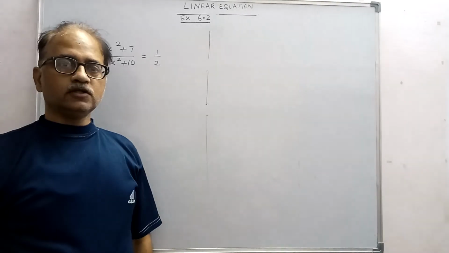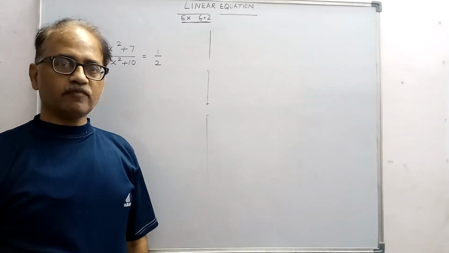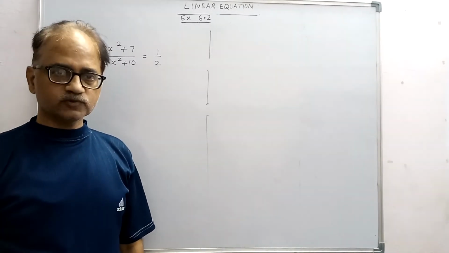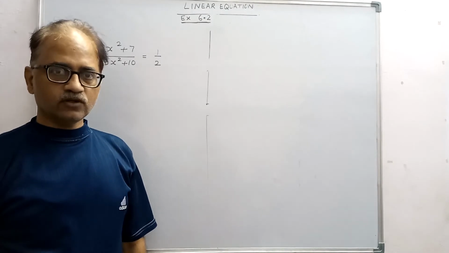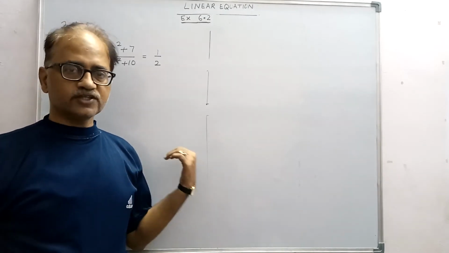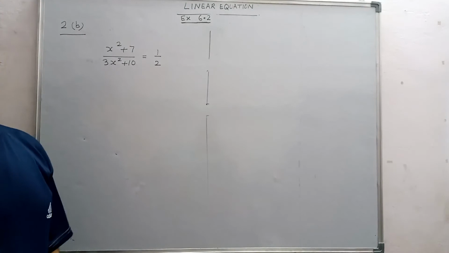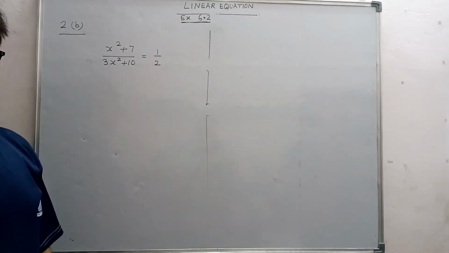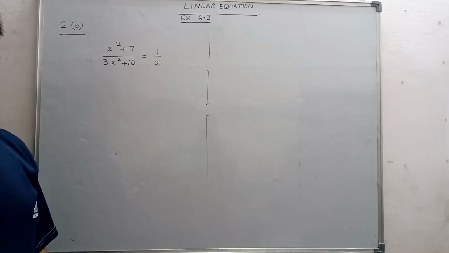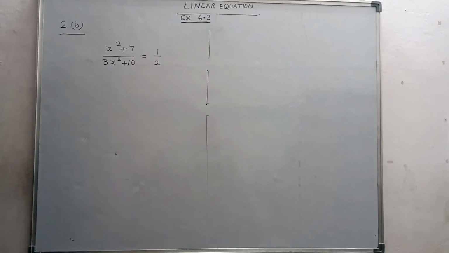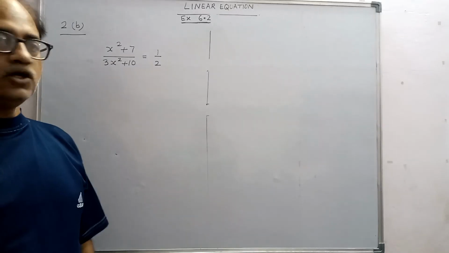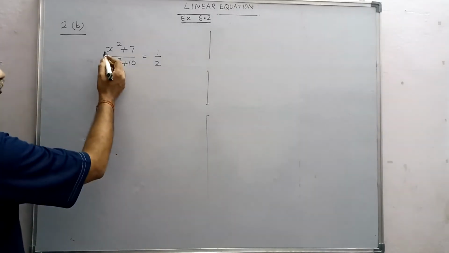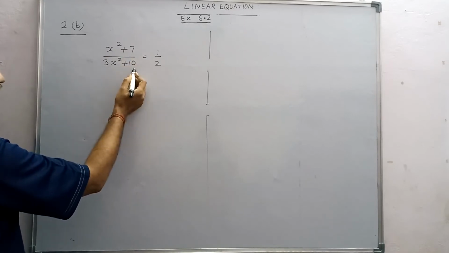Okay. Question number 2, part A and B both are similar, only values are changed. So as you do this B part, similarly you will do the A part. So I am doing only B part, you do A part yourself. Quite similar, only the values are changed. So in this question you see x square plus 7 upon 3x square plus 9 is equal to 1 by